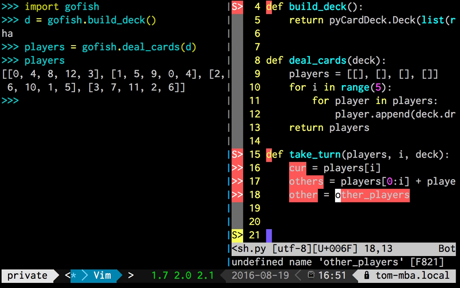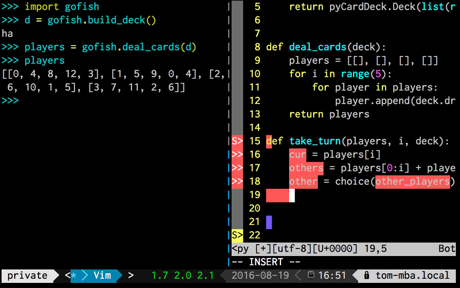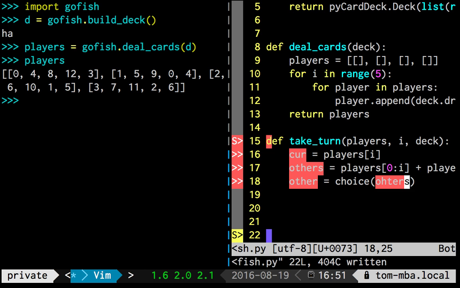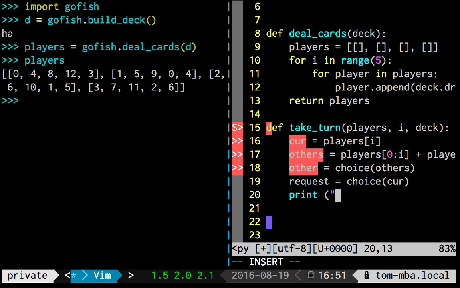Other will be choice of players, others, other dot, then we're going to print request equals cur dot, okay, just a choice of cur. So we're going to choose one of the cards from the current player's list, and we're going to print player,